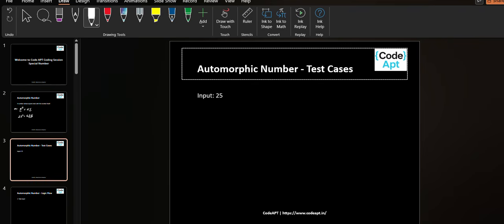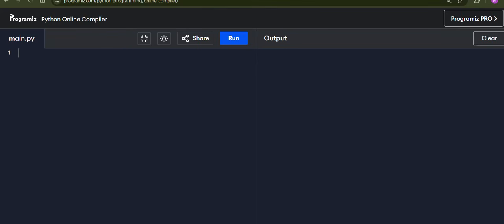So first, let us write the code and try to run it. Number is equal to int of input, enter number. Square of number is equal to number into number.